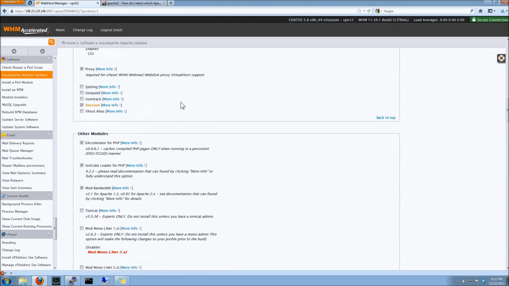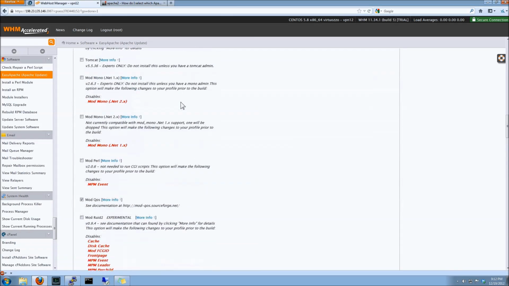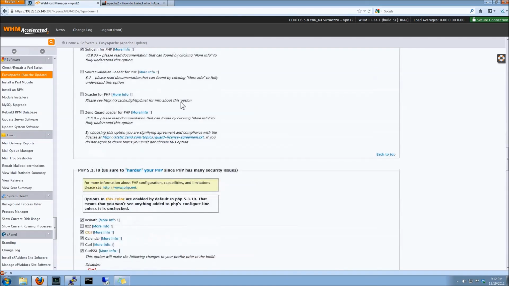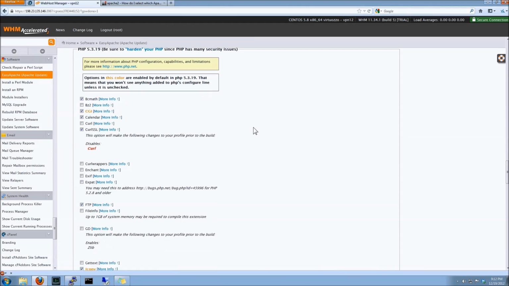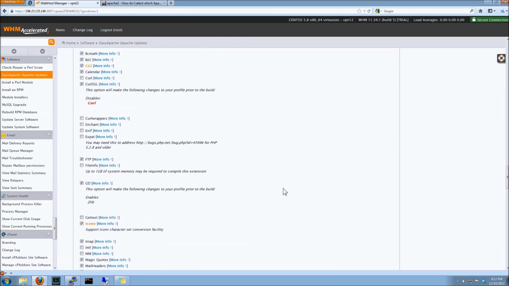And scroll down. These are the ones we've already used and looked at. But when you go down, here you go. This is the PHP options. Now, depending on what you want to run, how you want to configure PHP, you're obviously going to want GD. A lot of these options you're going to really want to select. Personally, I'm a fan of basically installing and selecting